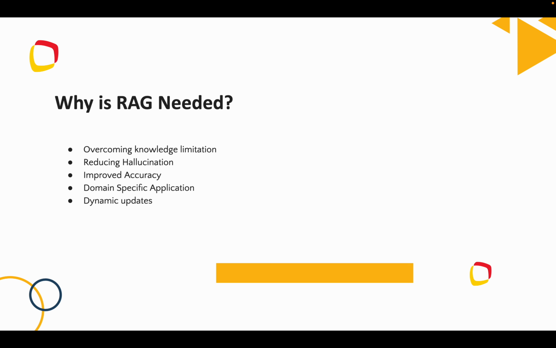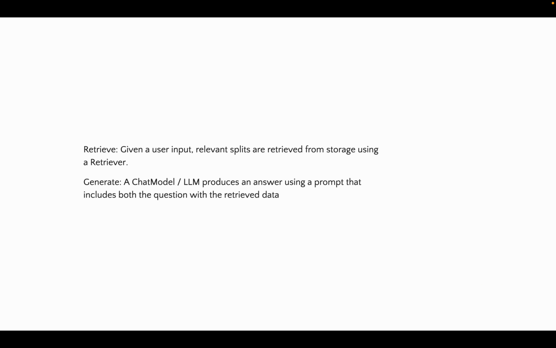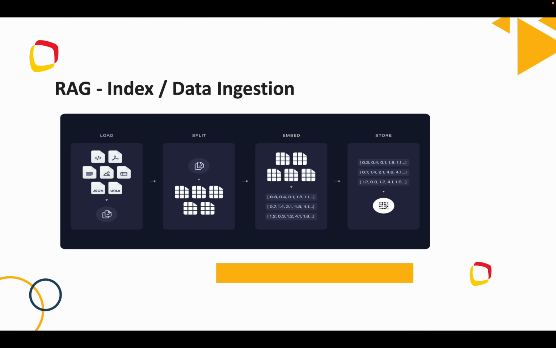That is all for this video. In our coming videos we can discuss more about things like how we can load the data, how we can split the data, and how we can save it into a vector store, and also we can try to do